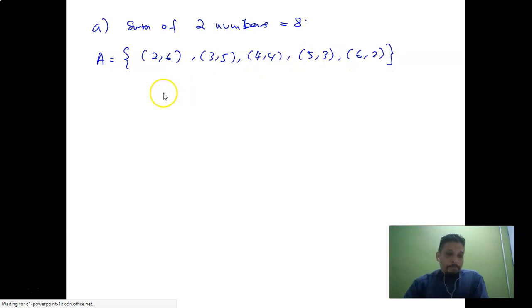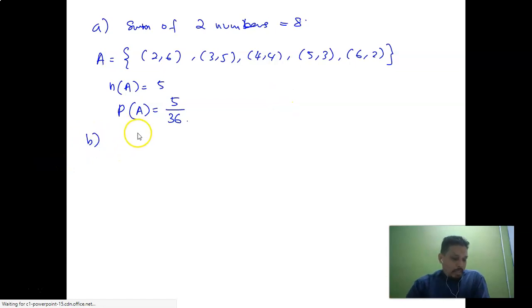So then, the number of results of A, the possibilities of A, equal to 5. So then the probability of A equals 5 divided by the total, which is equal to 36. Okay. And then B, let B be the event of getting two numbers